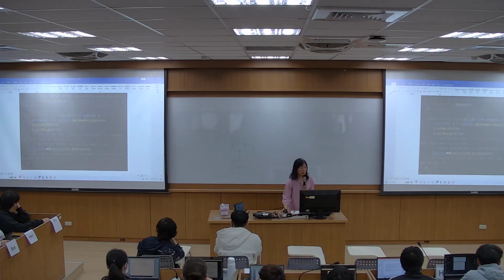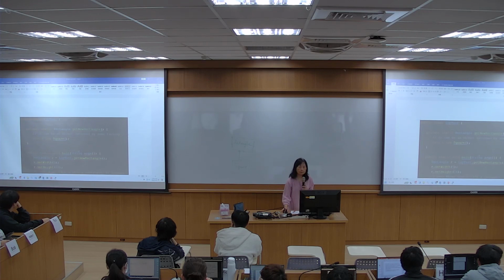If it's a width, the height, all right, the result is 50. Then we should change the code. We should not return a new square, but a rectangle. Very good.